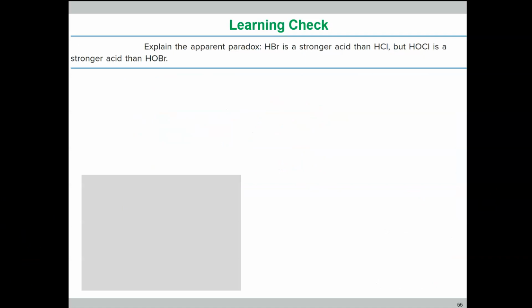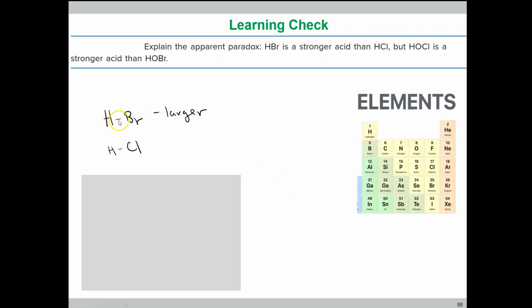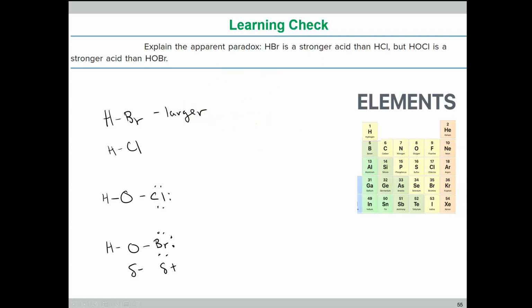I want to look at another idea here. If we're looking at a paradox between HBr as a stronger acid than HCl, but if we put in an oxygen, then we have HOCl versus HOBr. So what is the paradox between these two if HOCl is a stronger acid than HOBr? Again, the paradox is that bromine is actually larger, right? So we'd expect HBr to be a stronger acid because the conjugate base is more stabilized as a negative charge compound. But now when we add that oxygen between those two,